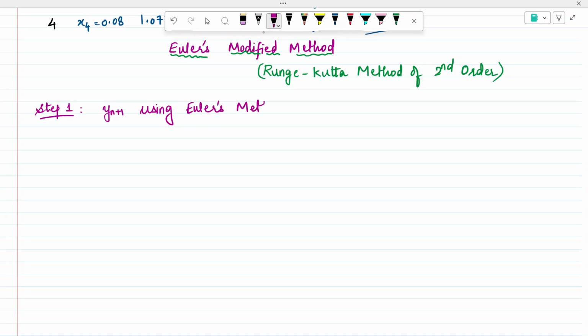Step number one, it will find yn plus 1 using Euler's method, meaning we will be using first this formula, yn plus 1 is equal to yn plus h times f of xn comma yn. Okay, everyone knows how to apply the formula. Step number two, now you will find its iterations. Iterations are better values or better approximation of the same value. Okay, you start approximating the same value but in a better manner. How do you find these iterations or how do you find the approximation? The formula is